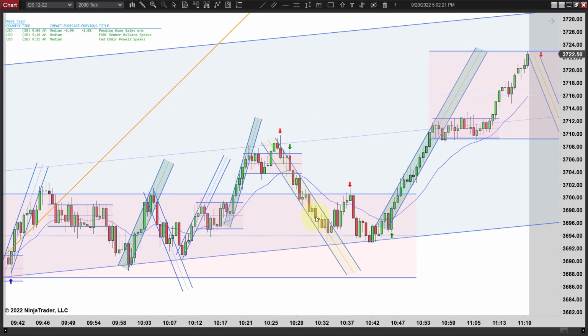But notice we run back, we get inside. We got this yellow channel working down, and you get a break of it, and then you get a second entry, and notice how that acts as resistance once, twice. That's a good sign that it's probably going to go lower, even if only temporary. We'll probably try to make a new low here, come back to the main trend line, and we may even come all the way back down to here. So I like that setup there. And of course we find it bounces off that trend line again.